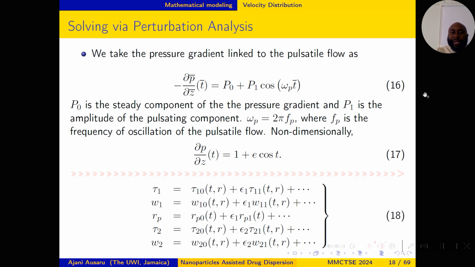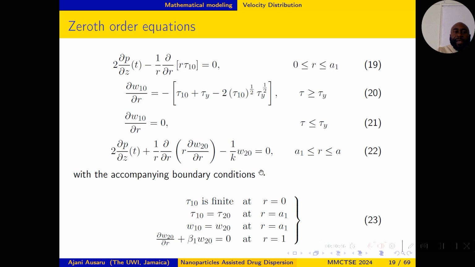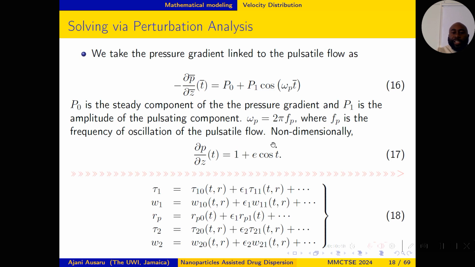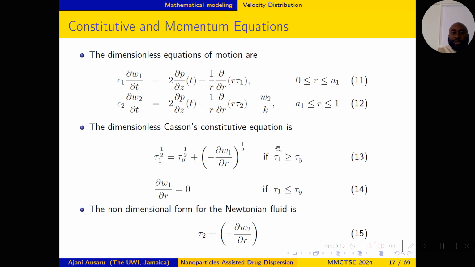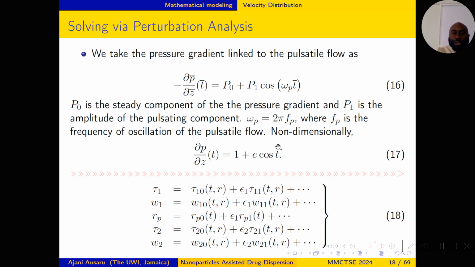Pressure gradient is given by equation 16, since we have pulsatile flow, and in its non-dimensional form is given by equation 17. We'll be using a perturbation method for the solution, where the parameter epsilon is a perturbation parameter, and it is a Womersley frequency parameter. And so we use equation 18 to solve the Casson's constitutive equation and the equations of motion, and